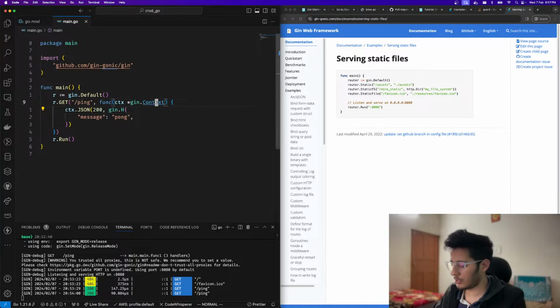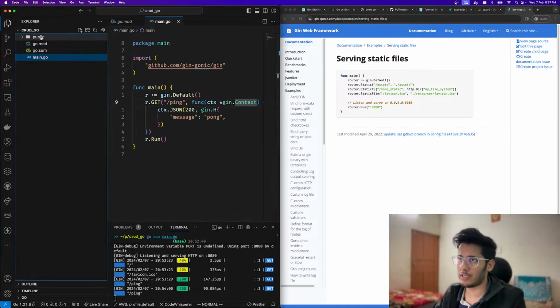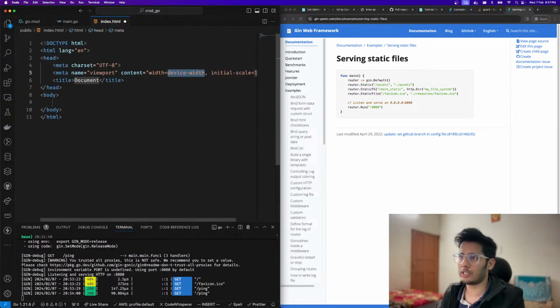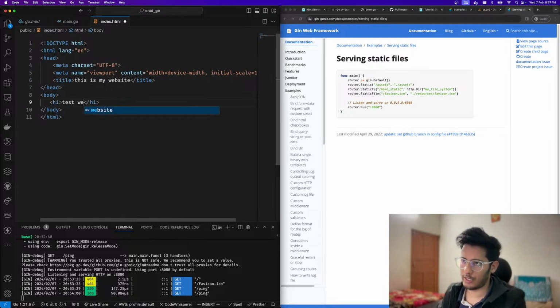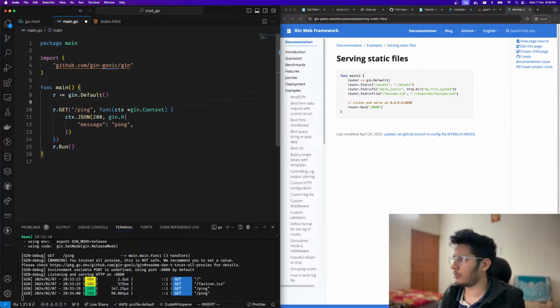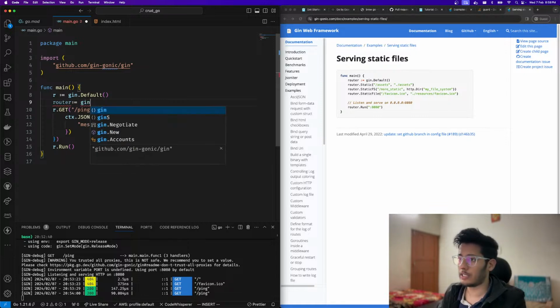Okay, so now we want to serve some static files so that we can at least see something, right? So let's create an index.html file. Great. And then we'll just say, this is my website, test website, right? Can we serve this using our Golang server? I think we can. According to the documentation, we have to create a router. Oh, we can create a router. That's interesting. And then we can say gin.Default, and then